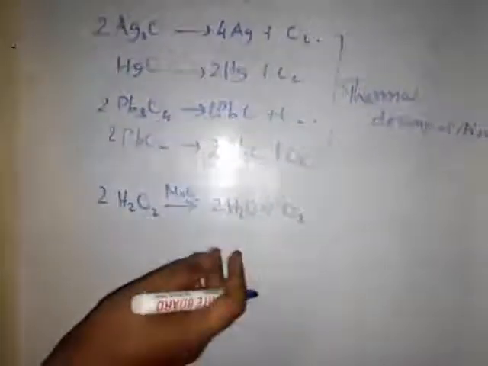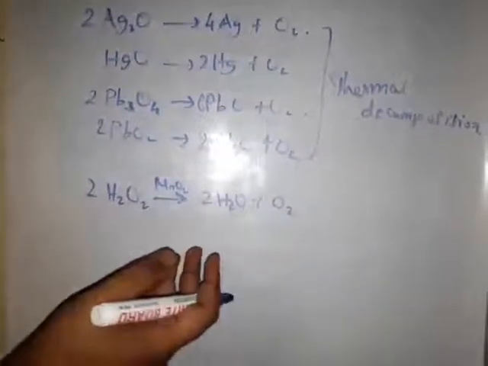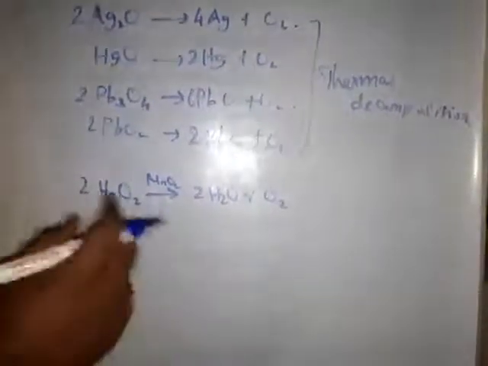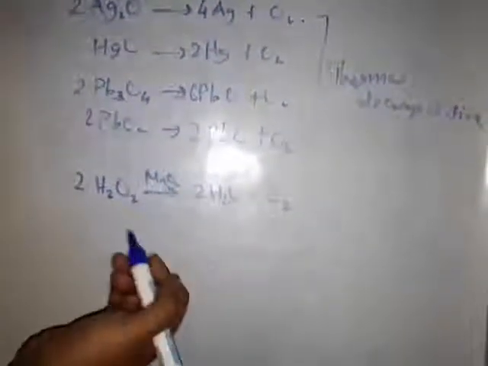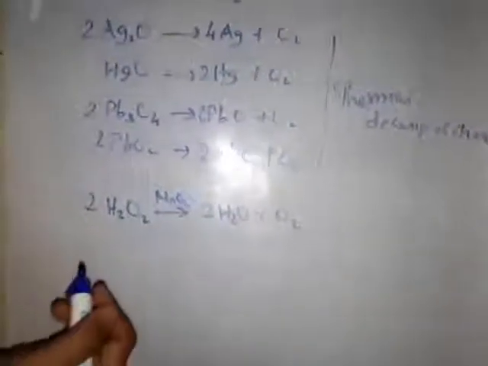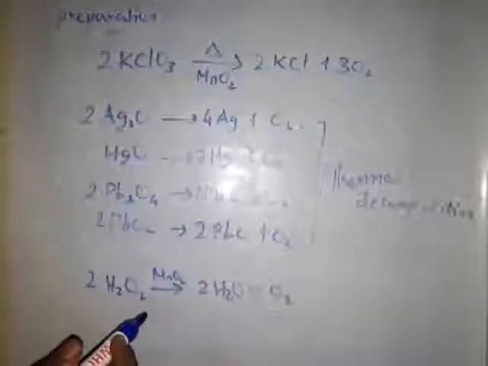The electrolysis of water leads to the release of hydrogen at the cathode and oxygen at the anode. Industrially, dioxygen is obtained from air by first removing carbon dioxide and water vapor, and then the remaining gases are liquefied and fractionally distilled to give dioxygen and dinitrogen also. Okay, so this is the preparation of dioxygen.